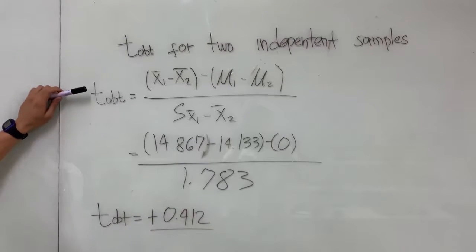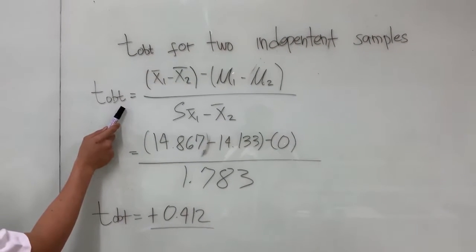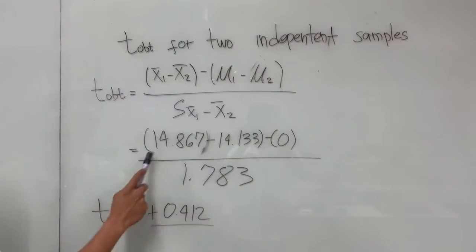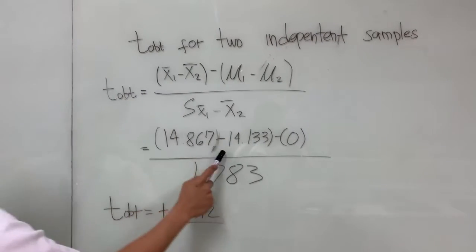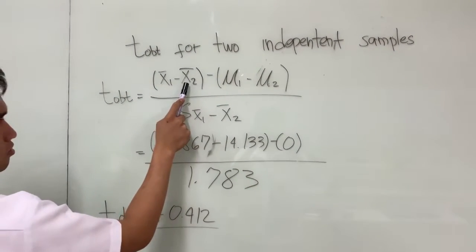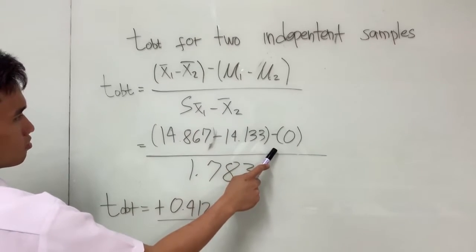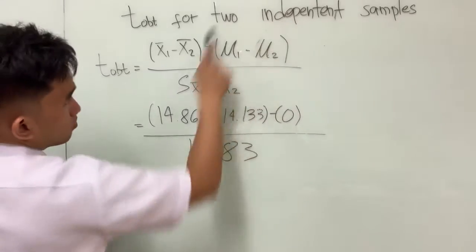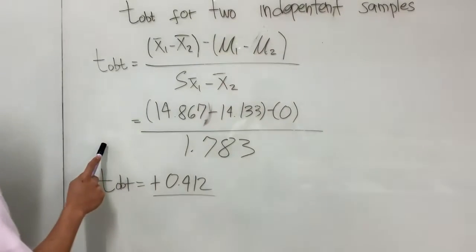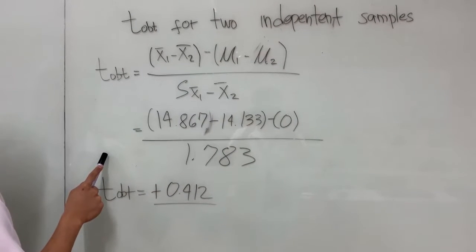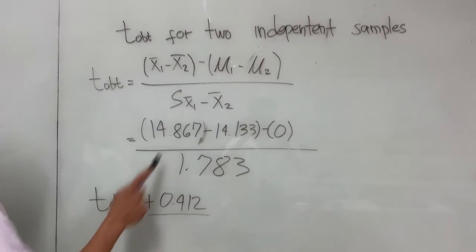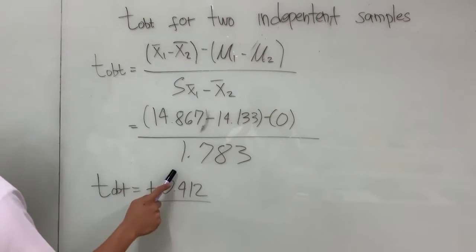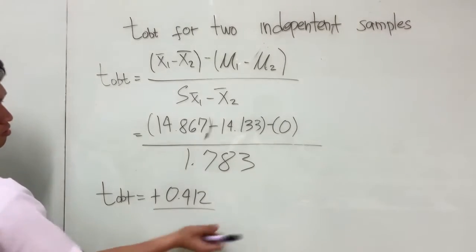Finally, we will be able to compute for our t obtained for the two independent samples. This requires the mean score of each independent variable, therefore we will input 14.867 for the mean score of male and 14.133 for the mean score of female. As you can see, this formula requires the population mean of each independent variable, but since nothing is indicated or given in our set of scores or example, then we would just leave a value of 0 to it. The t obtained formula also requires a standard error of difference, hence we will input our acquired score of 1.783. After that, we would simply follow the mathematical procedure of the formula and then we'll have 0.412 as our t